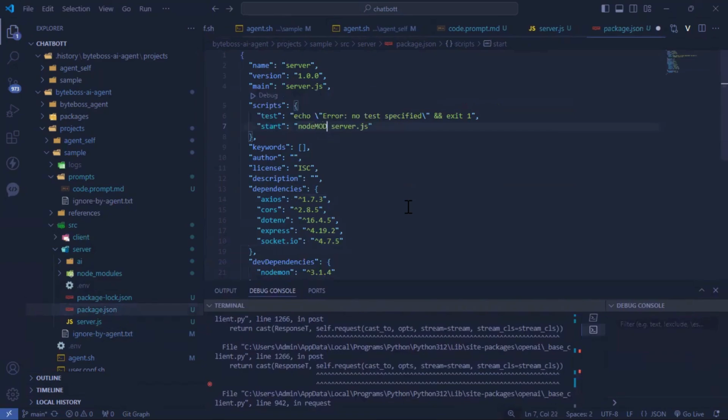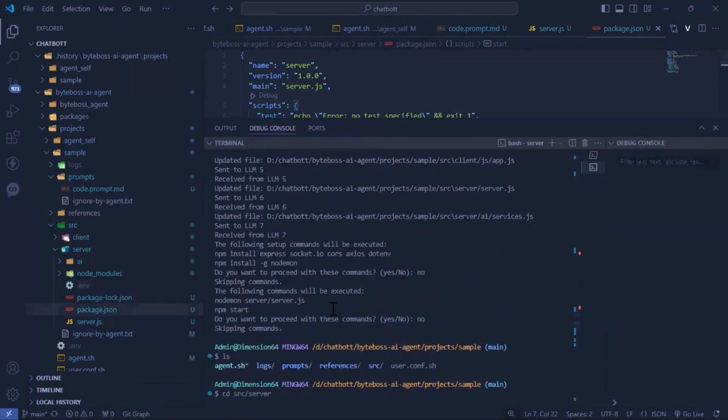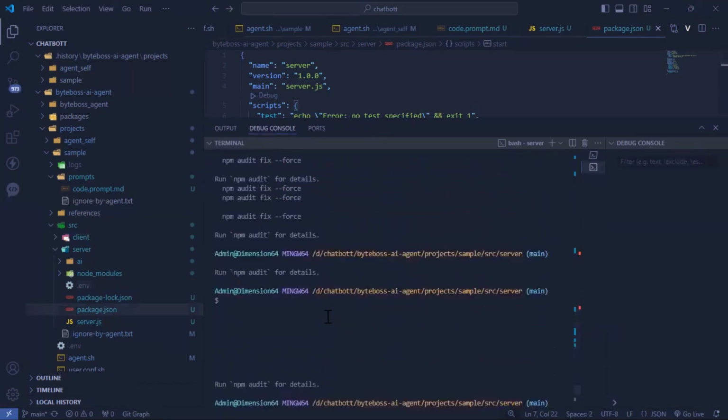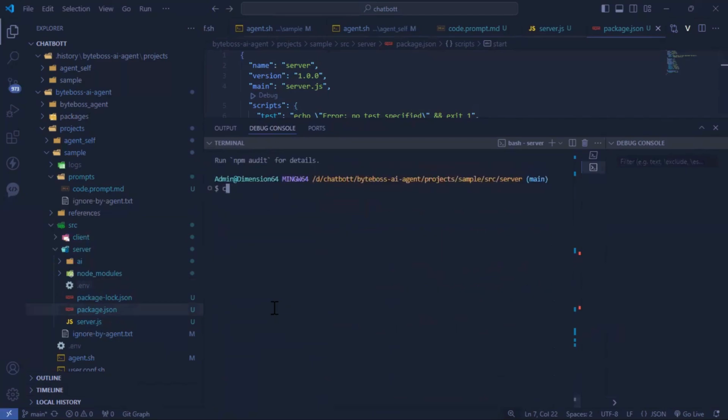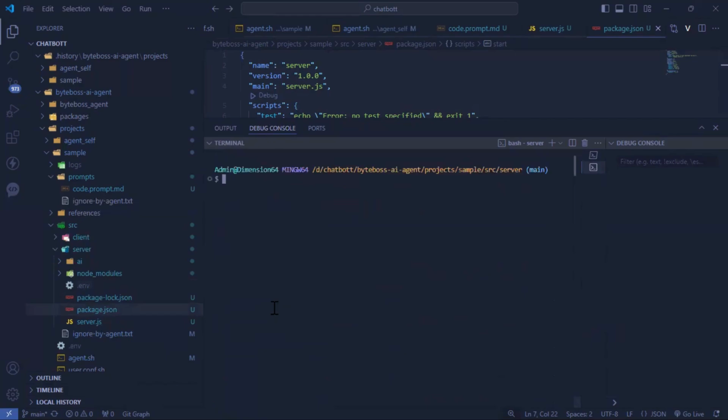I'll just add the nodemon. So every time, if I do npm start, sorry, it's just nodemon, it will check and refresh the server every time we have any changes in our files. So I'll just do the clear and let me go back to my